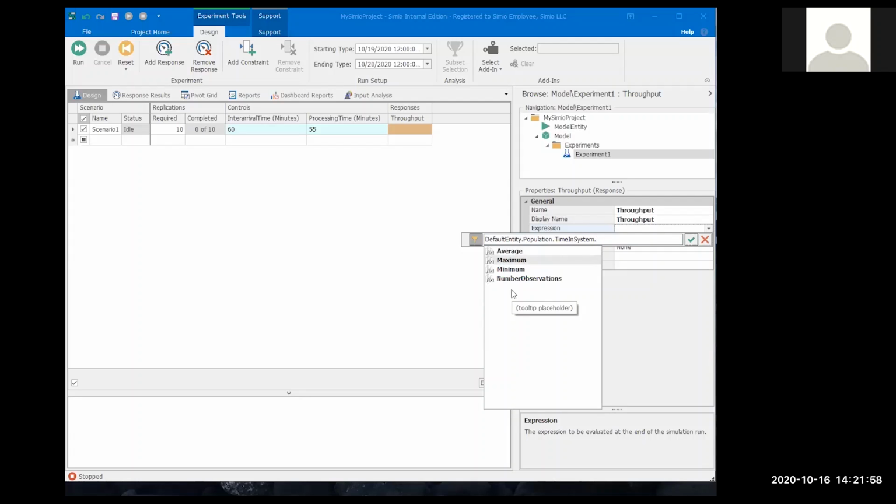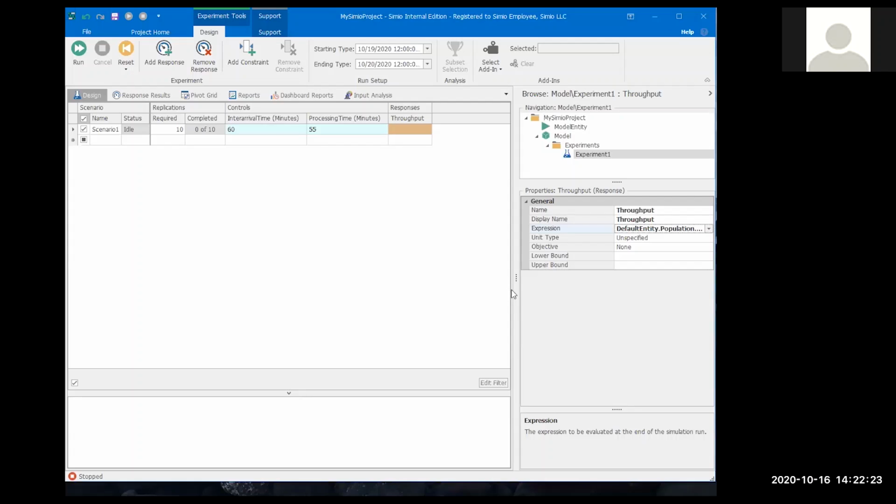If I did time in system, number of observations, that basically is an odd way of saying, remember, how many entities have left the system? Because we only record time in system when they leave the system. So I'm going to get time in system as my throughput measure. That is a number of entities, so I don't need to specify a time on it. Okay, so now if I just run that,